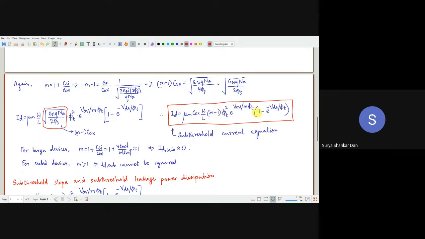So if m equals 1, as you can see, ID is equal to 0. Cool. So if ID equals 0, then what is the subthreshold power leakage? It will be I sub times VDD. So clearly, if I sub is equal to 0, P sub will be 0. Awesome. Correct. So this brings me to the same statement which I made a few lectures earlier, that if it is not very much necessary to scale your technology node, stick with the older technology node itself.